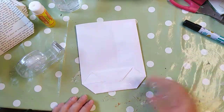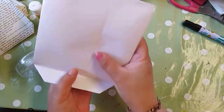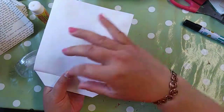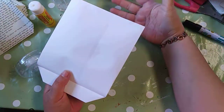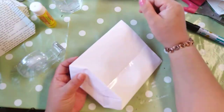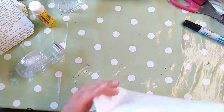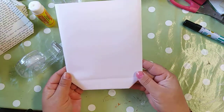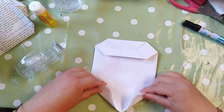Makes it a bit sturdier if you take that part. Okay. Now, if you don't like this look and it's wonky, you can always decorate it. I mean, glue a piece of lace on top of it, a ribbon, put some glitter on it. But for the most part, it doesn't matter because you make this your front. This will be your front. This is where you put the main decorations. And then when you fold it up,